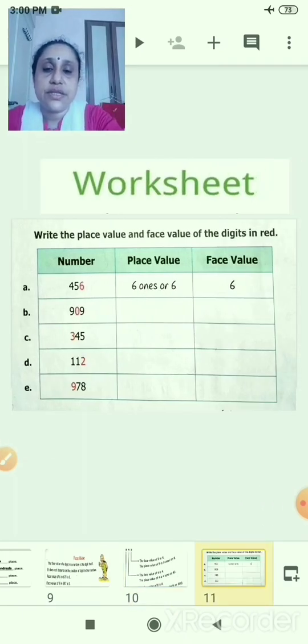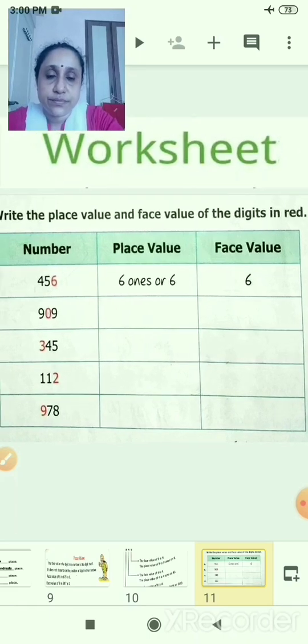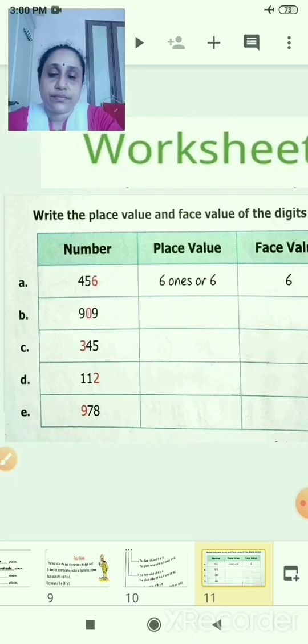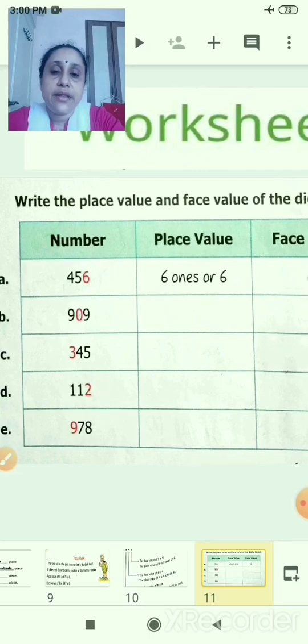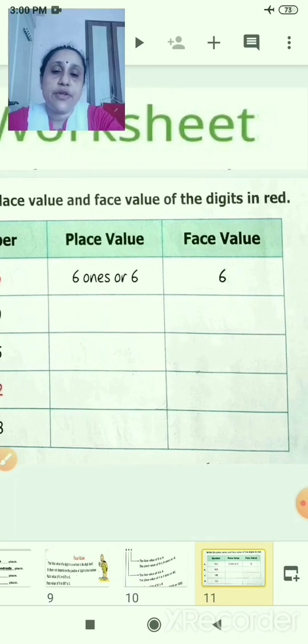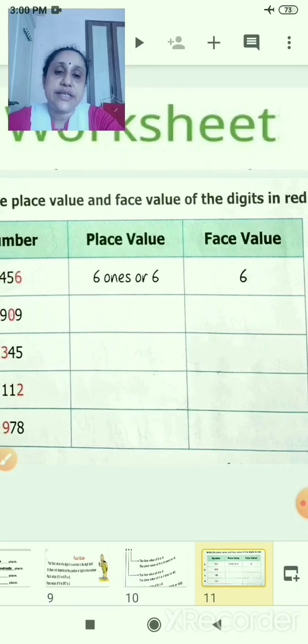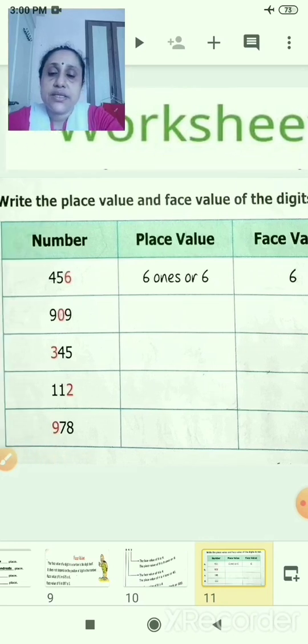Okay, now see this worksheet. Write the place value and face value of the digits in red. Okay, see 456. So the place value of this red color 6, you have to answer. 6 is in ones place. 6 ones or 6, and face value will be the same. It will not change.